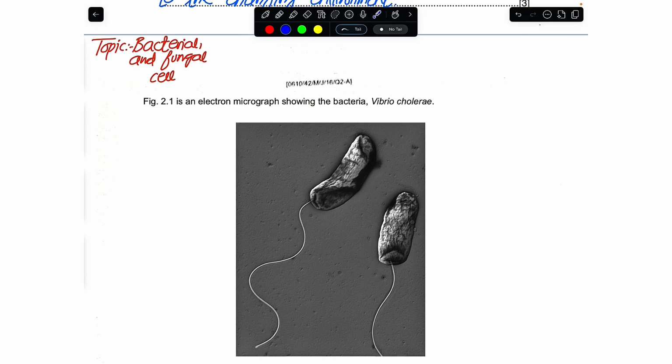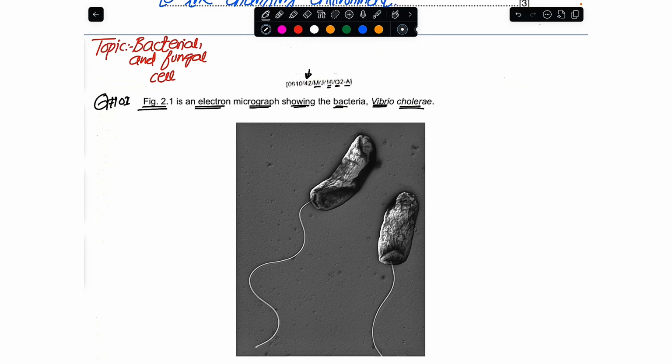And we will try to see how the past paper questions have appeared from the bacterial and the fungal cell. So beginning with question number one, from the year May June 2016. This was question number 2A and the variant of your paper was 4.1. And they say that this figure 2.1 is an electron micrograph showing bacteria, the genus is Vibrio and